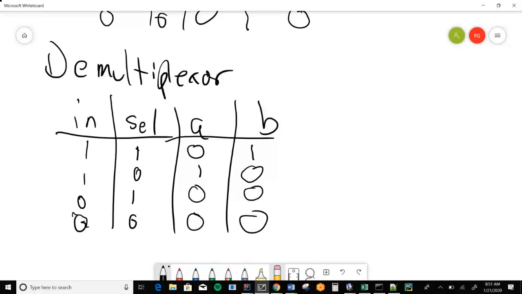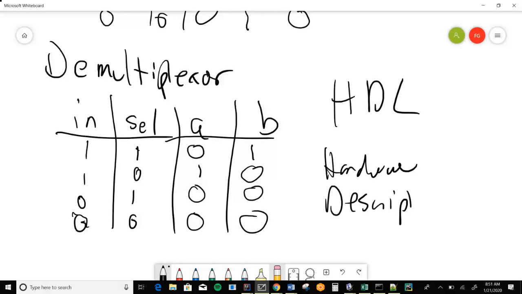We're going to be developing these circuits using what's called an HDL, which stands for a hardware description language. It's going to look kind of like a programming language, but it's not. It's a circuit definition language. Again, it's going to look like a programming language, but it really isn't.